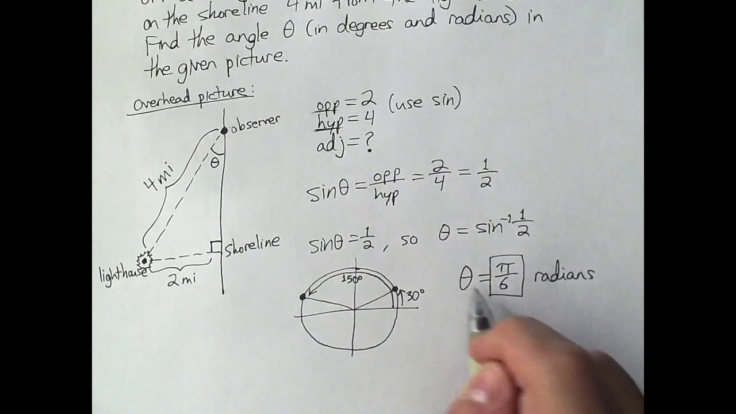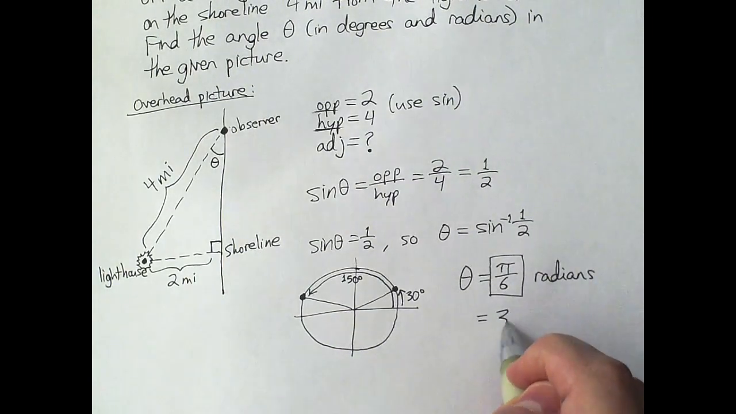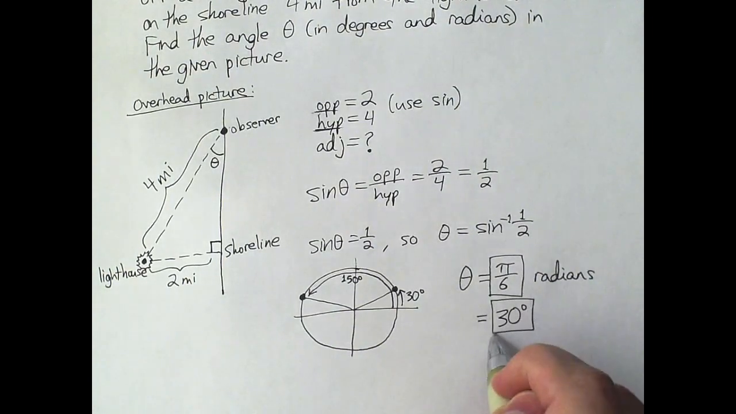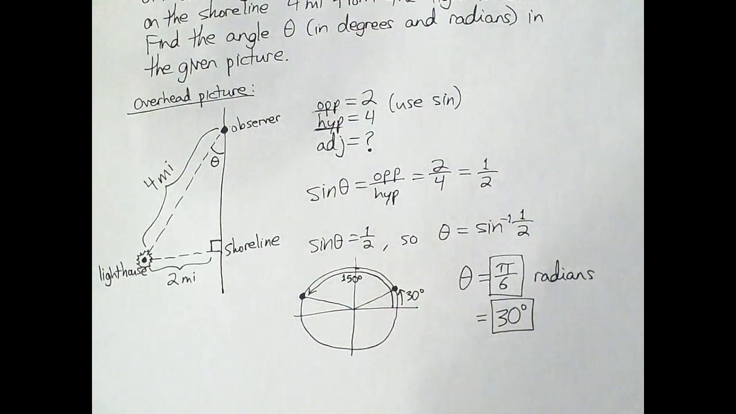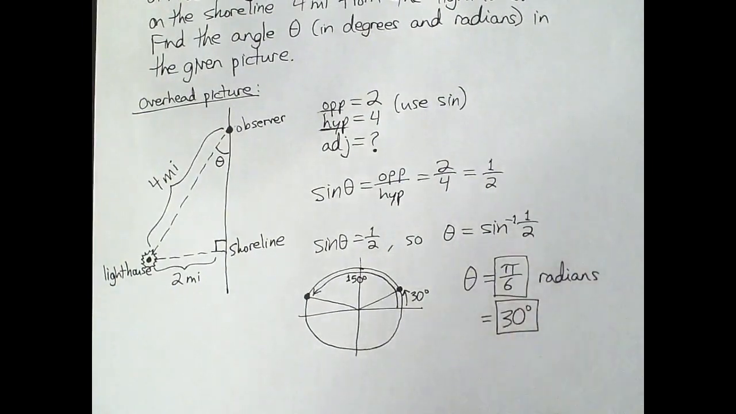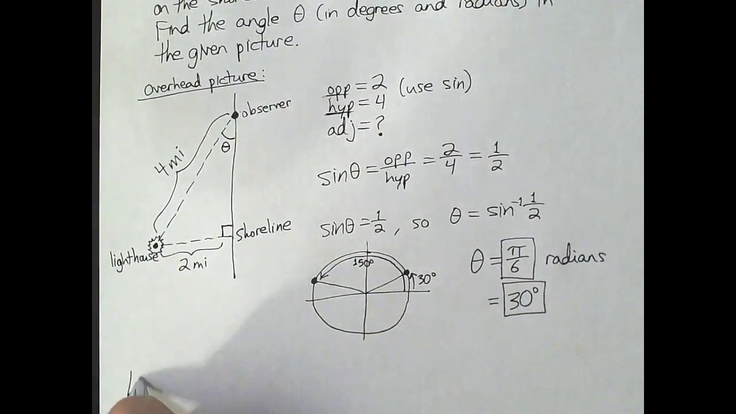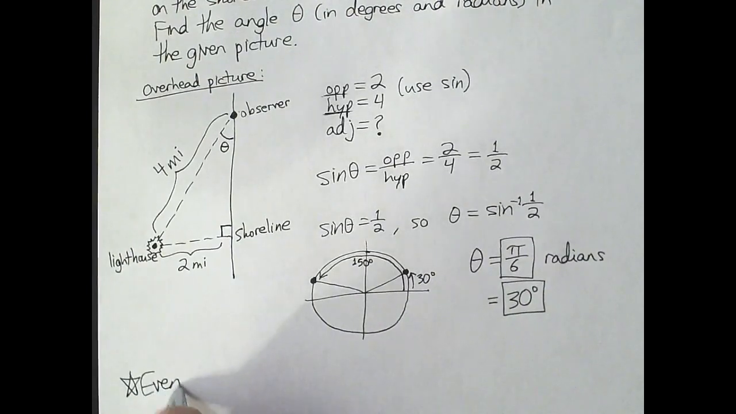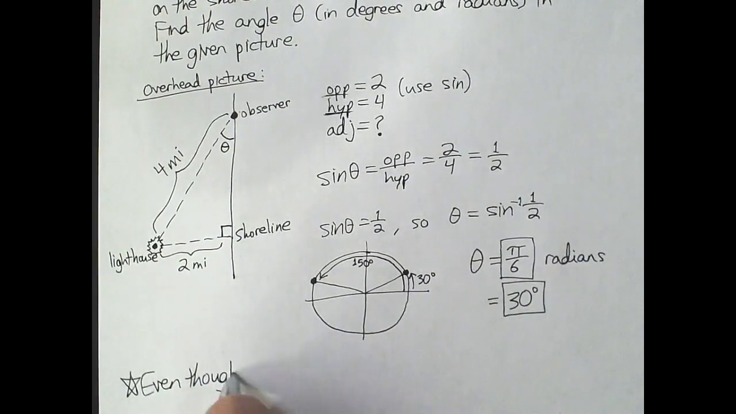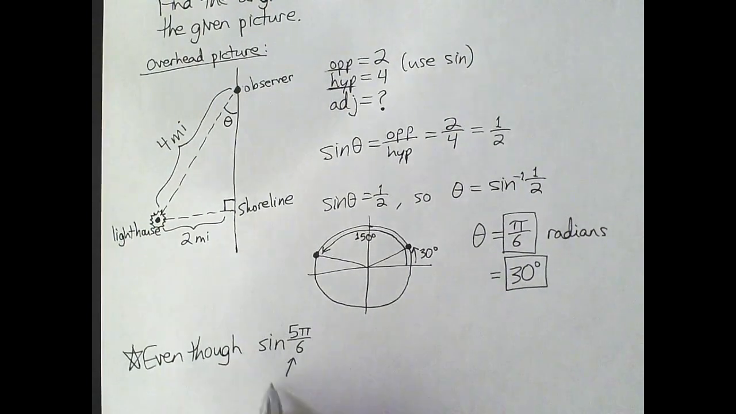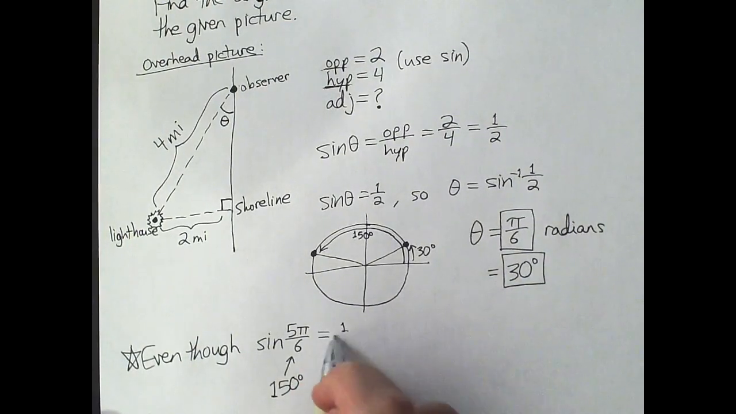And theta does equal pi over 6 radians, and that does equal 30 degrees. But why did I just completely throw out the other answer, the 150 degrees? We answered the problem, but I'm just talking about it some more. So I'm going to say, even though sine of 5 pi over 6, also known as 150 degrees, equals 1/2,